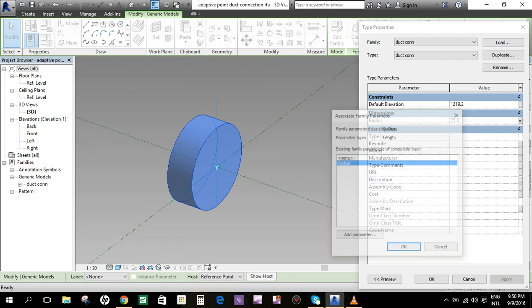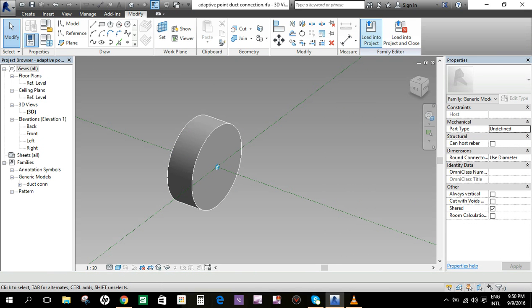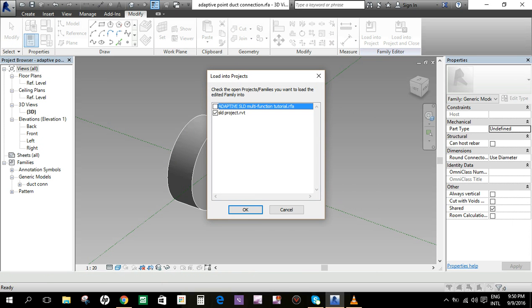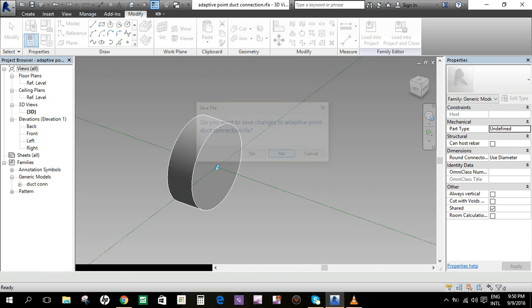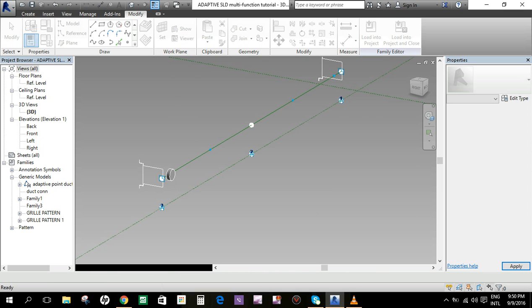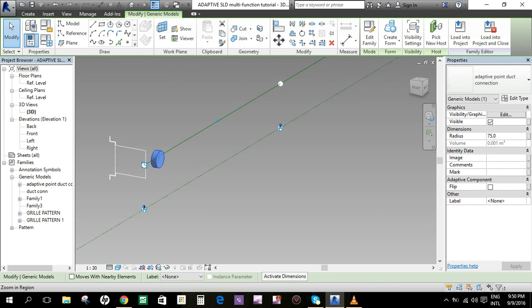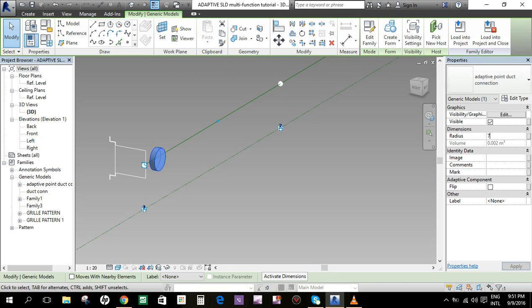You must create a radius and then go back to load it into the adaptive family, load to adaptive LCD. That's why we created a radius, to be able to customize the size of this duct connection. From 100 to put it back to 75.